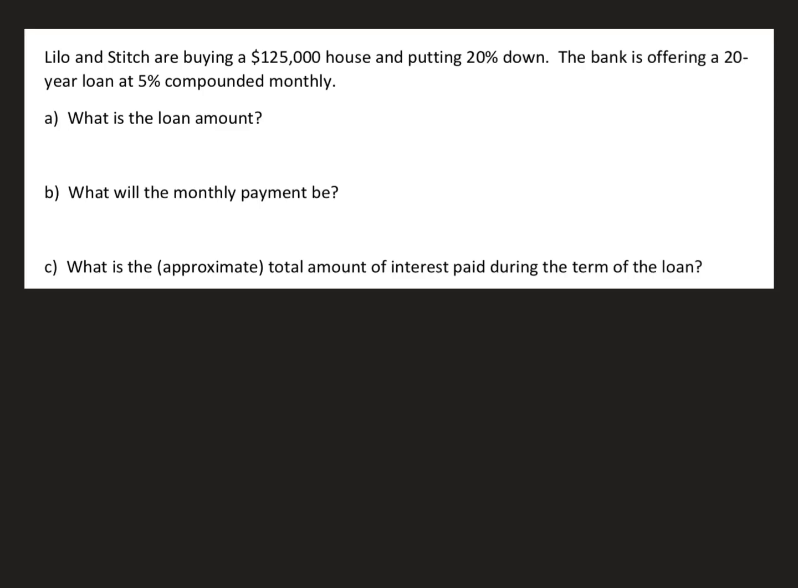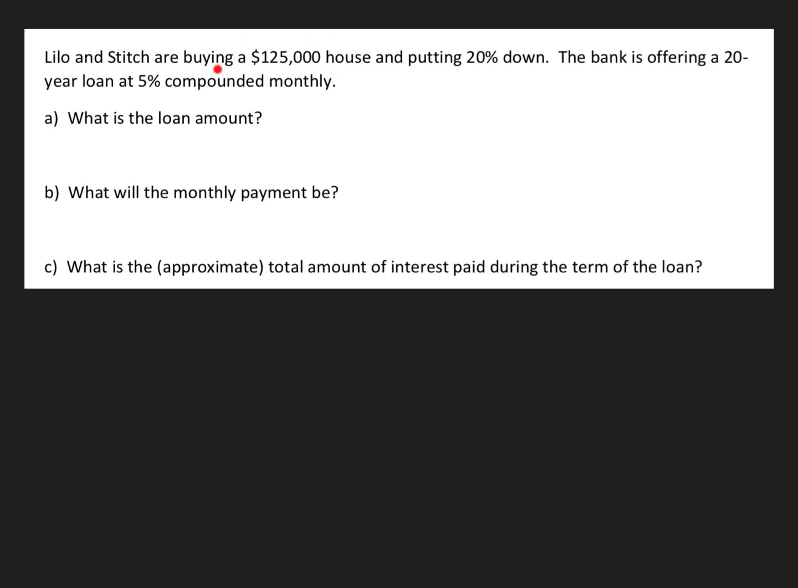Lilo and Stitch are buying a $125,000 house and putting 20% down. The bank is offering a 20-year loan at 5% compounded monthly. Part A is asking, what is the loan amount? So the loan amount will not be what is given here,